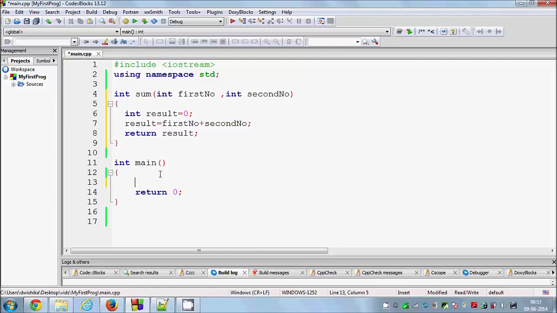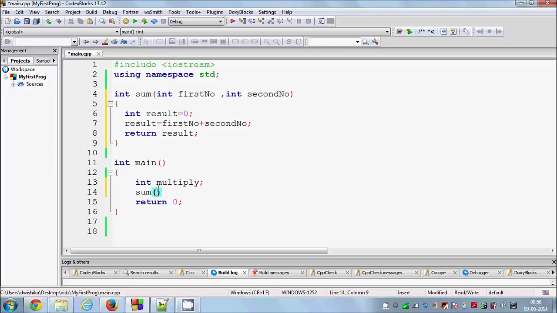Now let's call this function inside your main function. So what I'm going to do is, for example, I want to declare one more variable, for example, multiply. And then what I'm going to do is I am going to call this function. So I will call this function here and I will pass two parameters, first number and second number.